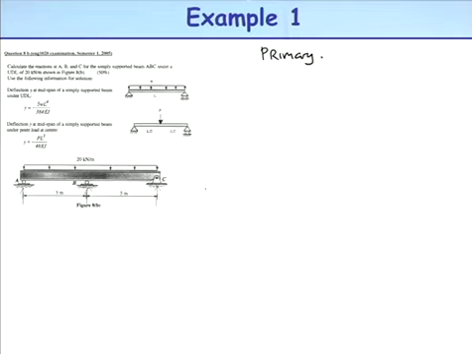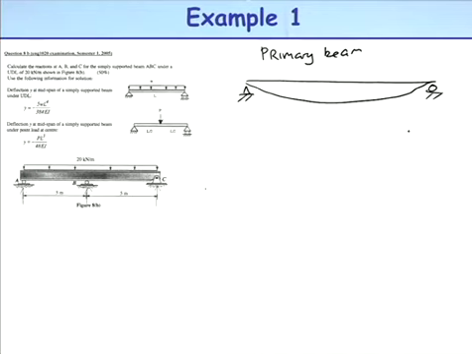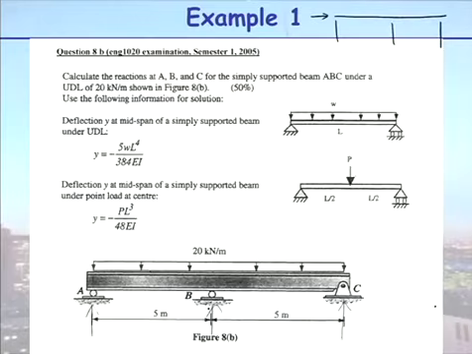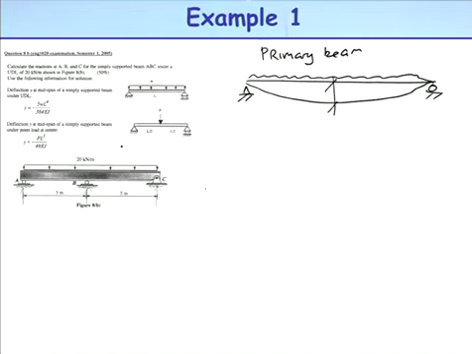so let's say our primary beam now, and this is the last question on the exam, by the way. It has two parts. One part relates to indeterminate beams. So this question always has an A and a B. And one part relates to indeterminate axially loaded members. This is our UDL load on here. And we want to know what that deflection is in the middle because B is in the middle here. So we've been given the formula for the deflection in the middle of a simply supported beam with a UDL load on. So we know this deflection here is equal to